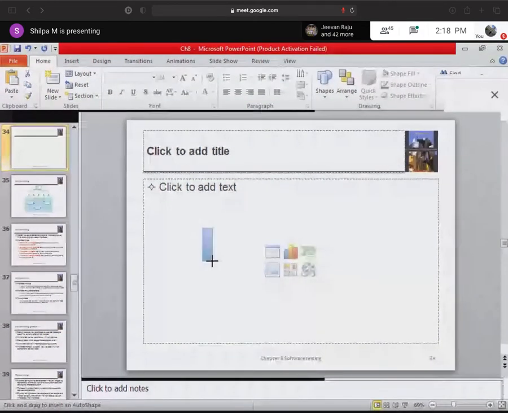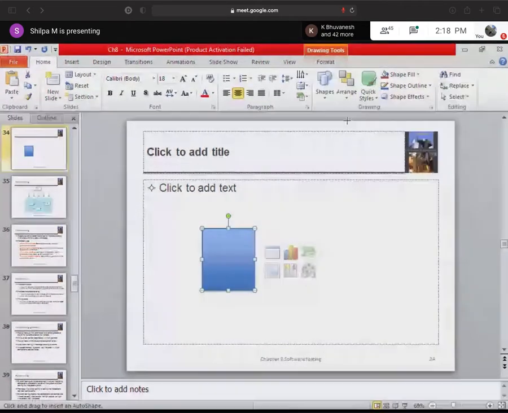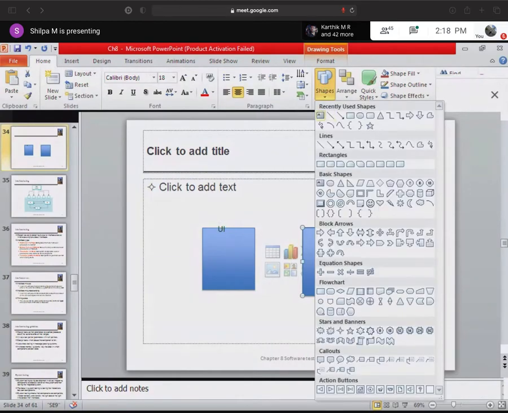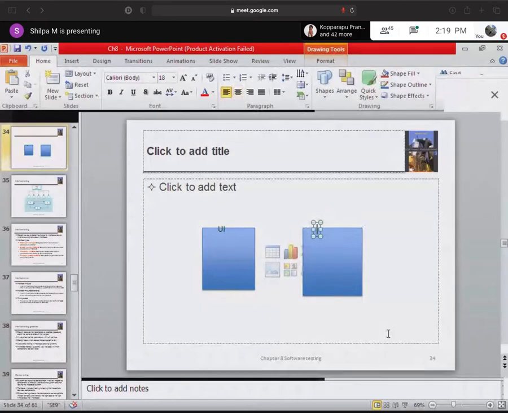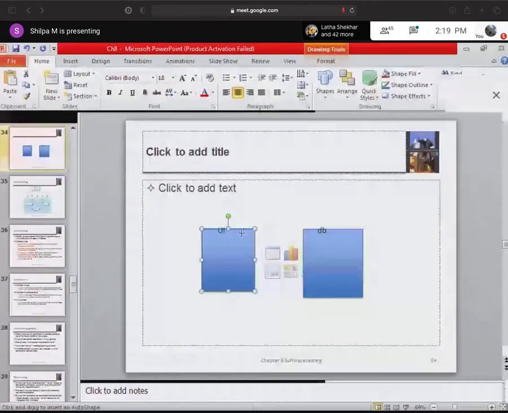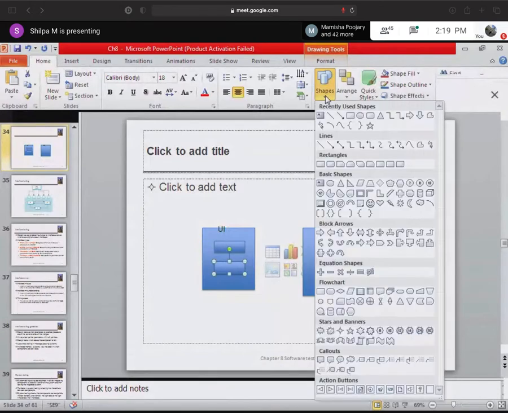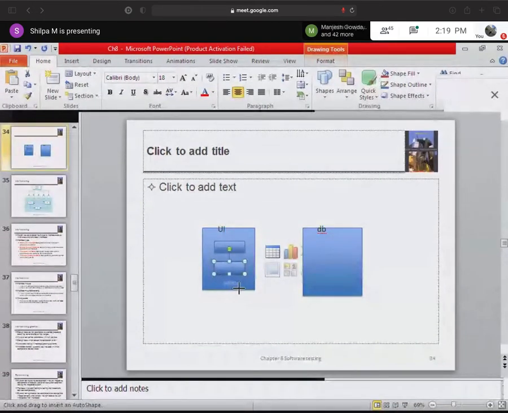So, maybe for your understanding, this is my UI component. Agreed? And this is my backend or database component, I'll say DB. Now, here you have two text boxes, one for username and one for password, and a button.